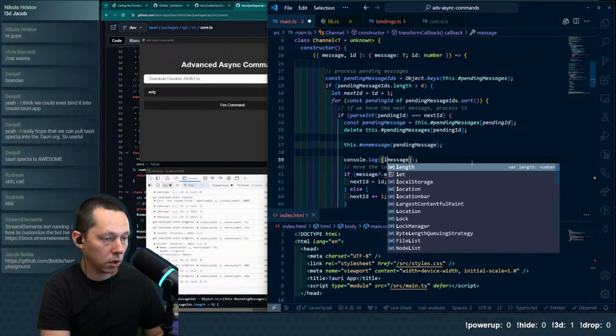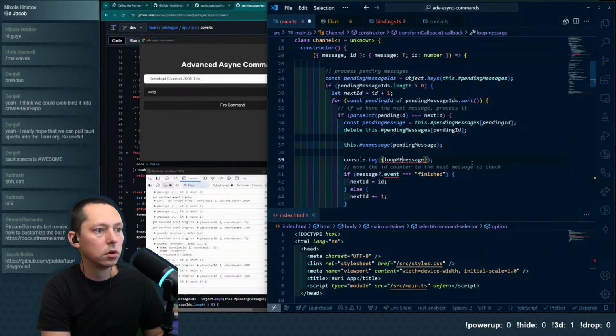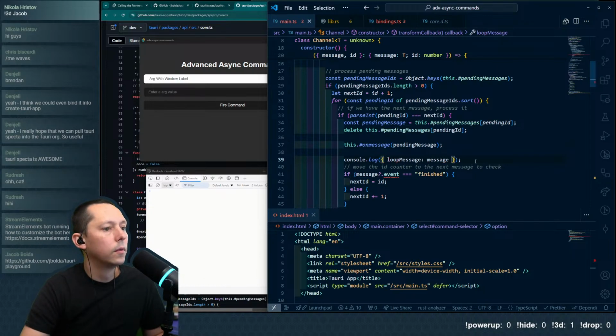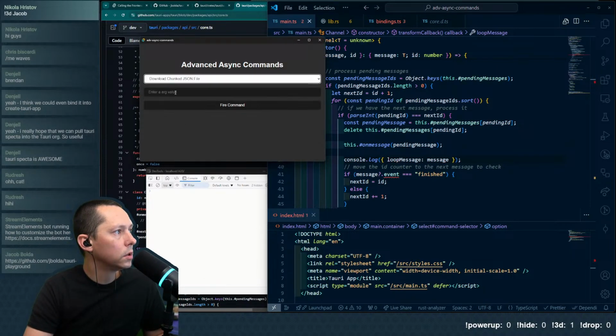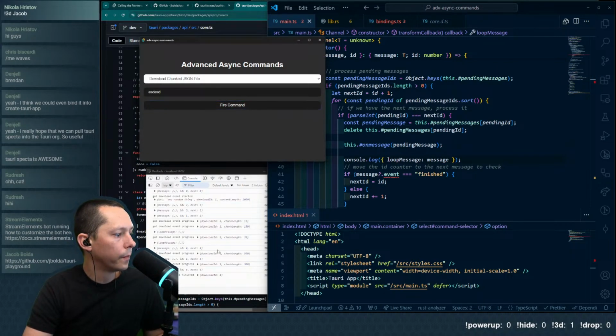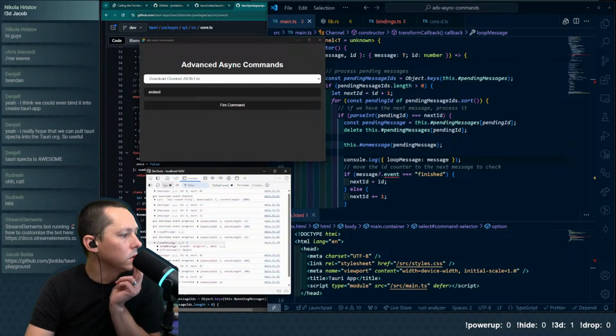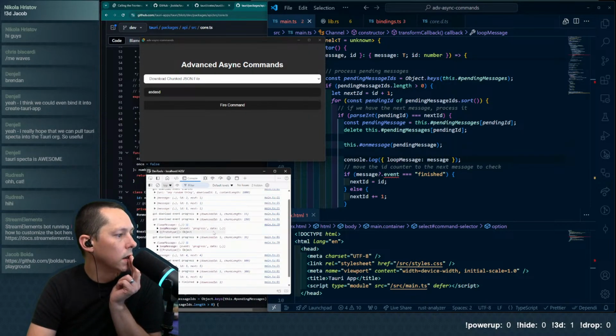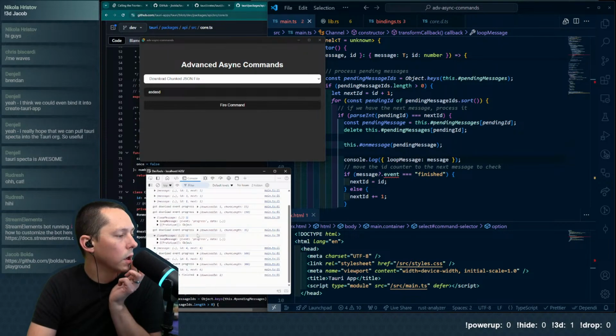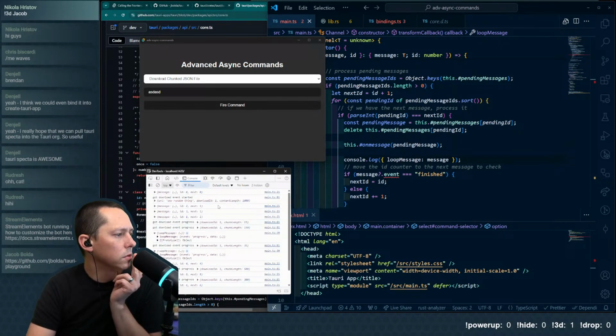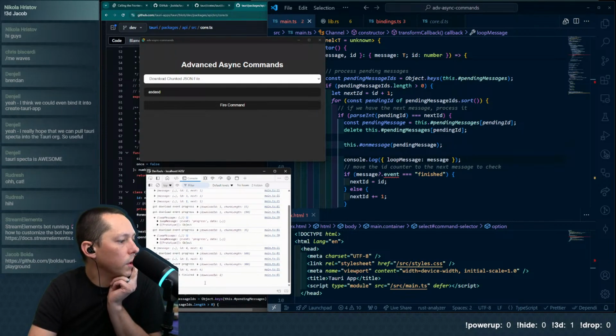We'll call this loop message, just to help differentiate a little bit. Now loop message here. So we get a progress and we get a progress. So this is what's kind of interesting, is we only get loop message twice.